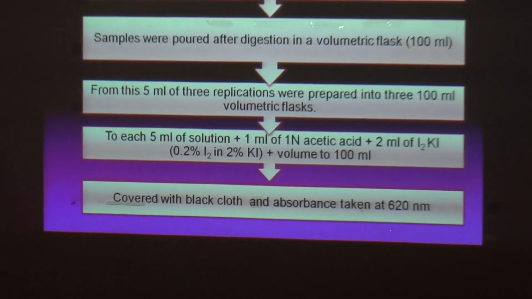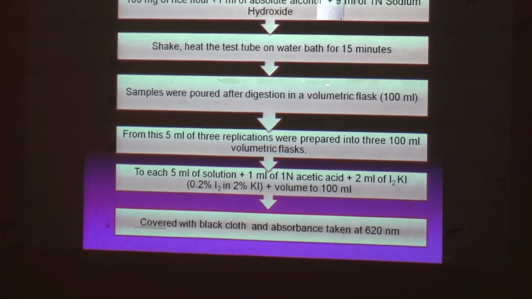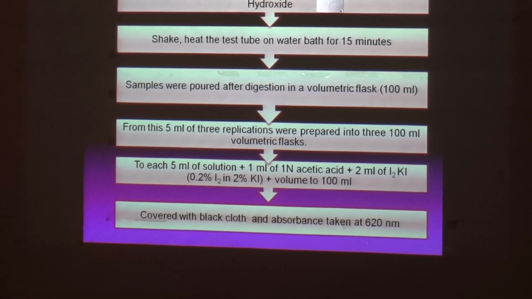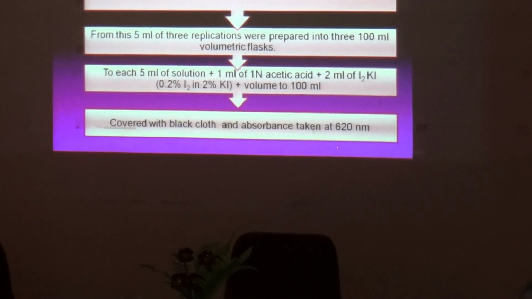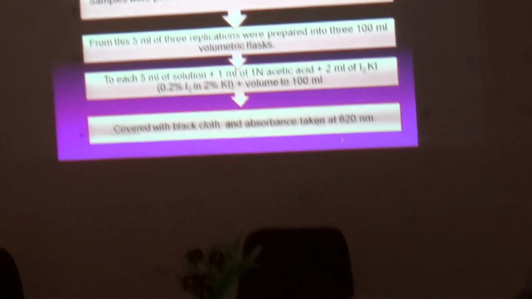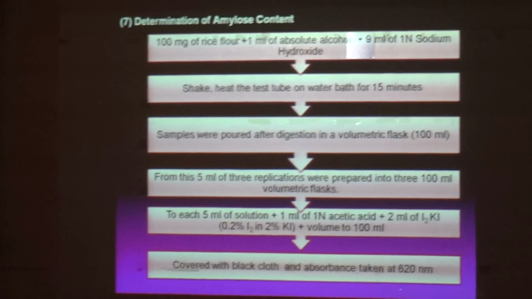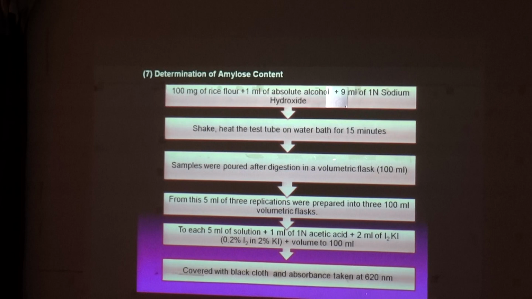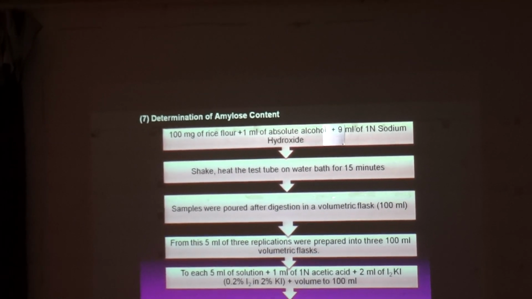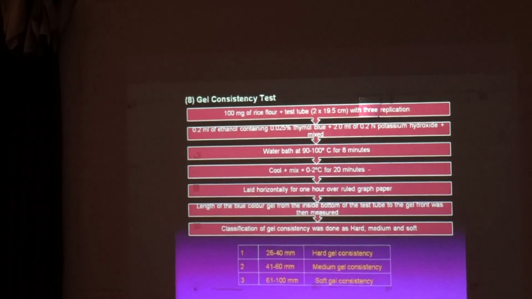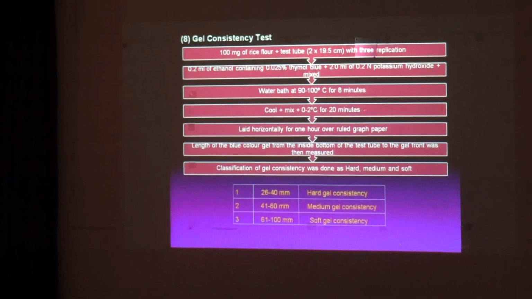Next slide please. Determination of the amylose content. Amylose content is one of the major characteristics which help in cooking. So it is determined by this procedure, and the absorbance is taken at 620 nanometer. This is the gel consistency test. Here the grain flour is taken and